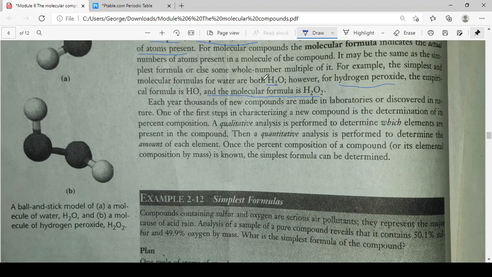But for H2O, kids, does it have a common denominator? None, right? But for our H2O2, can this be simplified? Yes. Because 2 divided by 2 is equal to 1. Right? Or we simply get their least common denominator and it is also 1. Can we divide this 2 by 1? Yes, of course. So before we proceed,